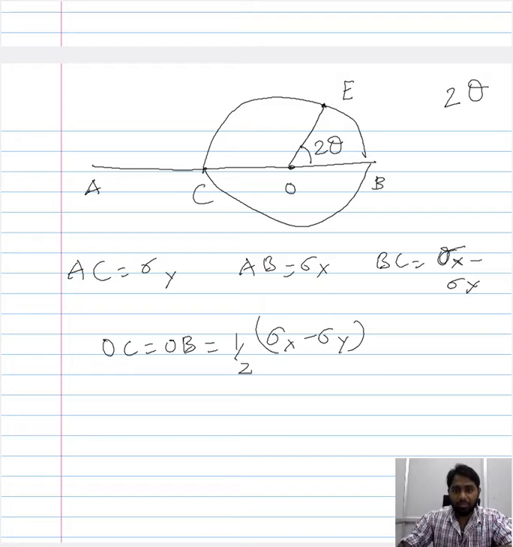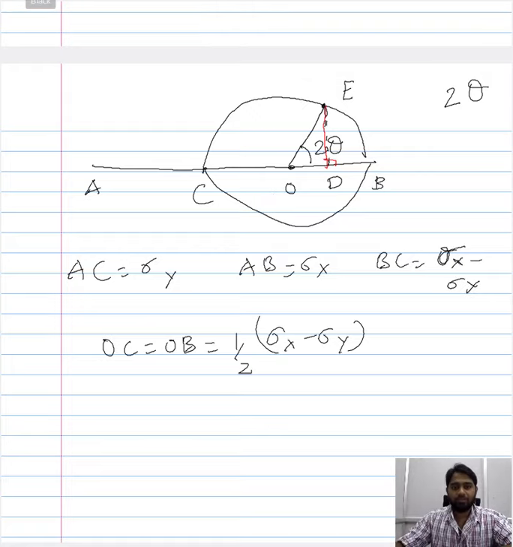Now from this point E, let us drop a perpendicular, let me use a red color here. So from this point E, we have dropped a perpendicular to AB, and that perpendicular meets the line AB at D. So what essentially we have done is, we have now included the inclination of our region of interest into this graphical representation, and that we have done by introducing a point E in the circle of diameter BC, and from that E we have now dropped a perpendicular line. So this line here in red is the perpendicular line.